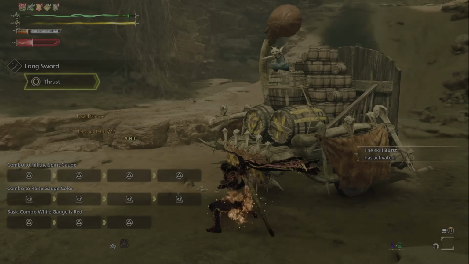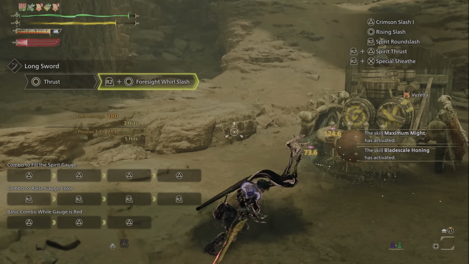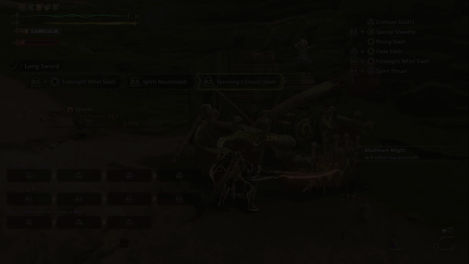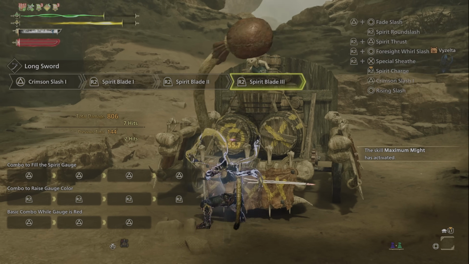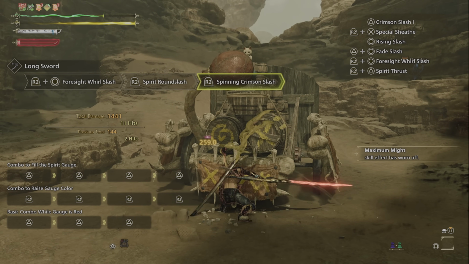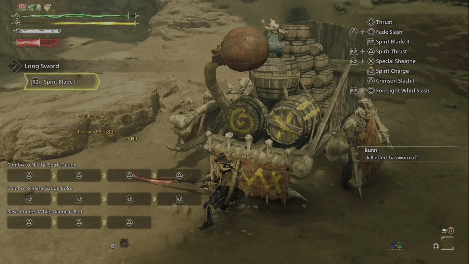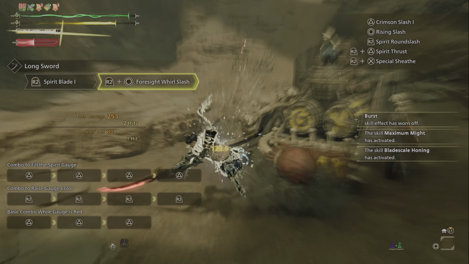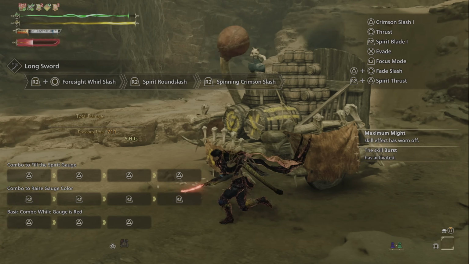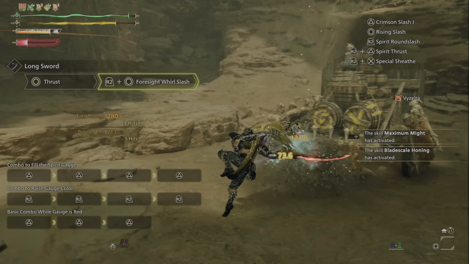Compared to the Seregios' longsword, when that weapon lands a crit with the Spinning Crimson Slash, it deals 275 damage. Without the special Seregios' sharpness, the Spinning Crimson Slash deals 259 damage instead. With that said, the longsword does make a good pairing for this skill just because you can use the 4-side slash to proc Bladescale Honing and then use the follow-up to get the Spinning Crimson Slash before using up all